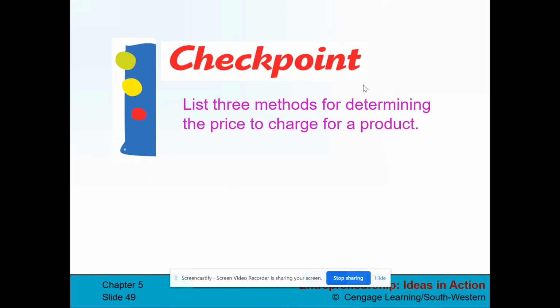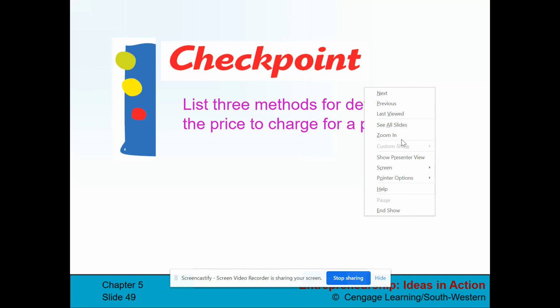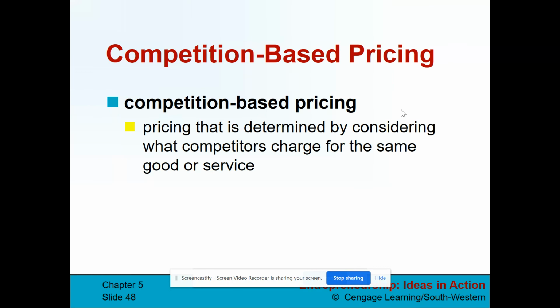Three methods for determining the price to charge for a product. We talked about demand-based pricing, competition-based pricing, and